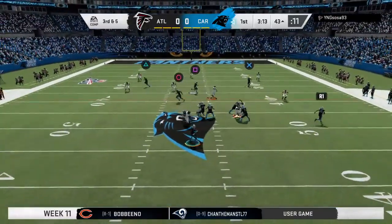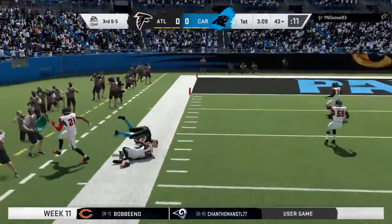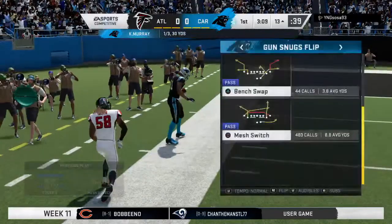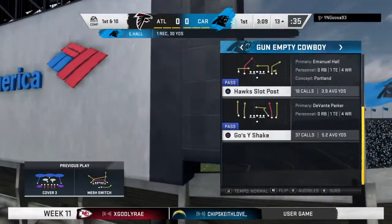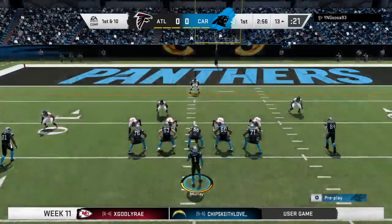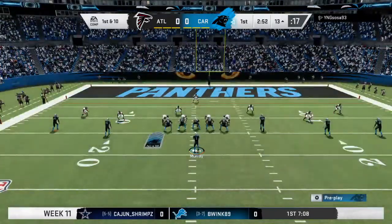From the gun on 3rd down, Murray. And he'll find Hall. 30 yards there, and of course the first down as well. I know we love our jobs, and pretty much any play we see, we're pretty excited about. But big plays,